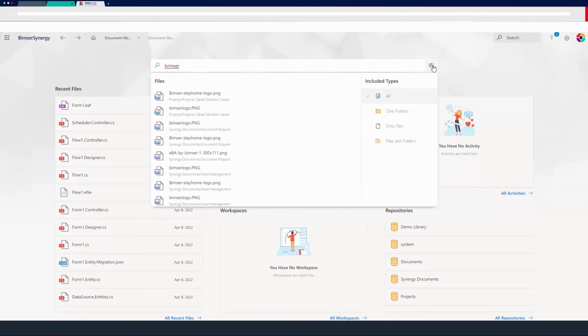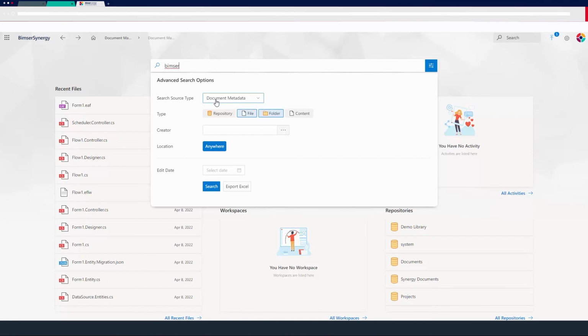And from the advanced search menu, I can search my files by content, and it works with OCR, so I can search for content inside these documents.